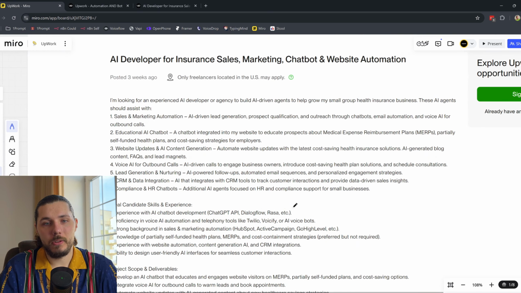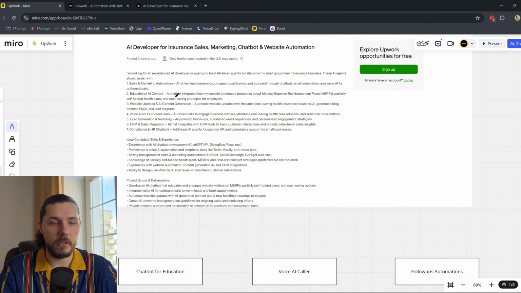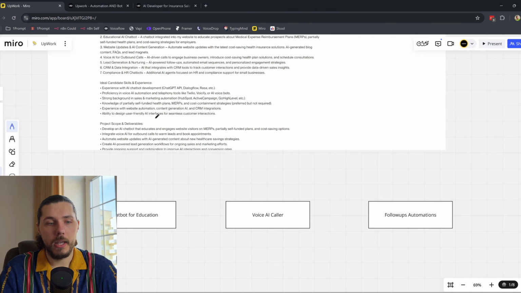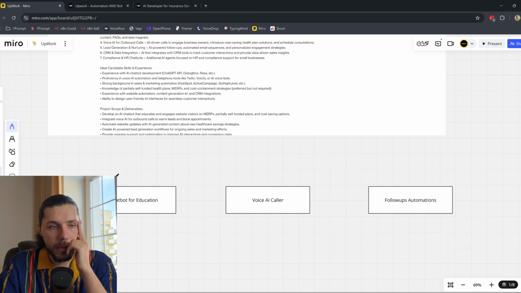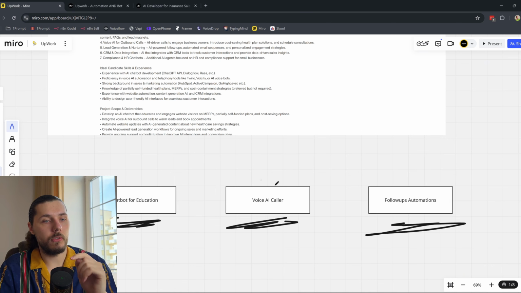So he's probably heard about it somewhere and is trying to implement it, and it's good. It can be good or bad. The good thing is that there are a lot of use cases that you can work on. The bad thing is that it's kind of a hard client to work with, so you need to go step by step. Now, let's start with this one, then we'll do the caller, and then we'll do the follow-up,